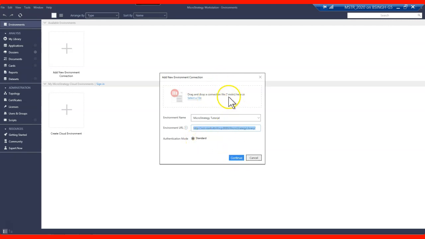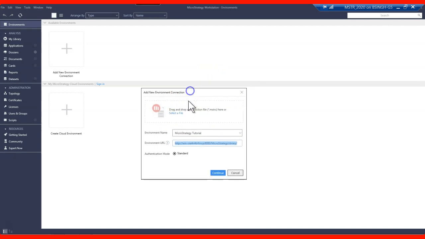You also have the option to log into this environment with your mstrc file. If we create this file, we can drag and drop it into this environment. You can create this file and share it with other Workstation users as well. If you have multiple users or multiple administrators in your company, you can generate this file and share the same file with the other administrators so that they get the same information and can connect to your environment without manual effort.